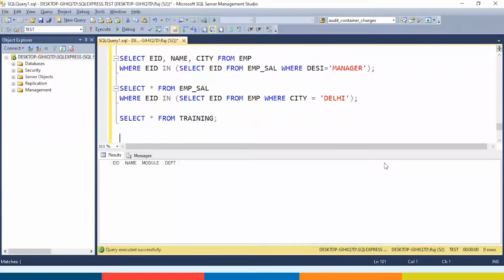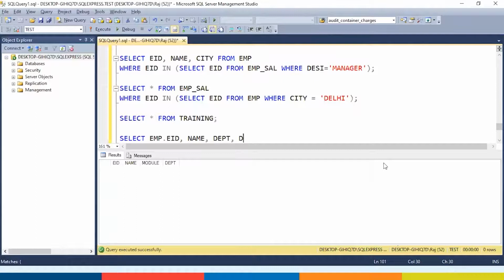First of all, let's get the details of the MIS team members. So I will say select. Now here, see what I need. I need employee ID, name, and department of all the MIS team members. Employee ID and name are in the employee table, and the department is in the employee salary table. So we have a requirement of a join. I will say select EMP.EID, name, department.